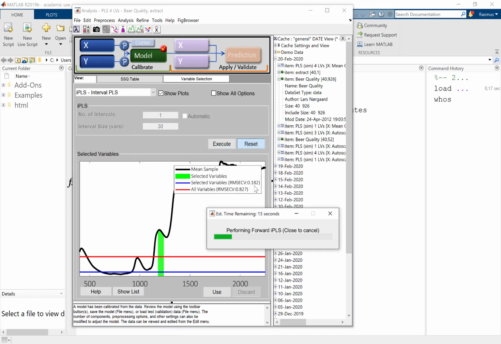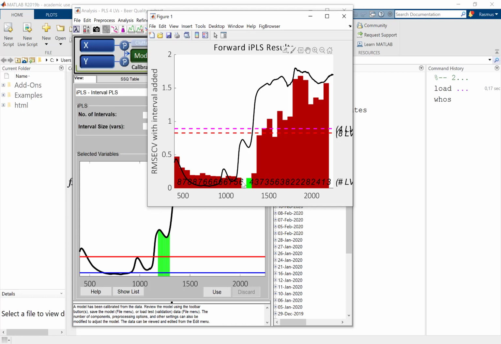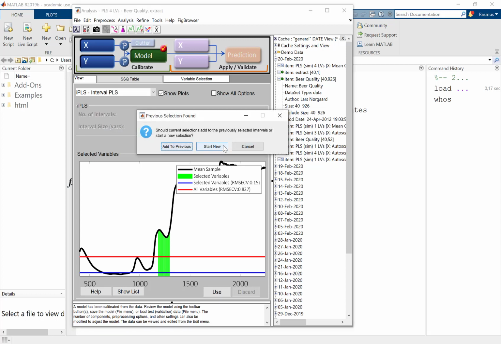If we look here, the error right now is 0.18 using this one interval. And now I'm going to find the next interval to add to this one. So this is forward selection. That's just a neighboring one. That makes perfect sense. And I do get a lower error, so that's a good idea. We can also say automatic. And now it's just going to continue. I'm going to add to these two since they do make sense. And it's going to